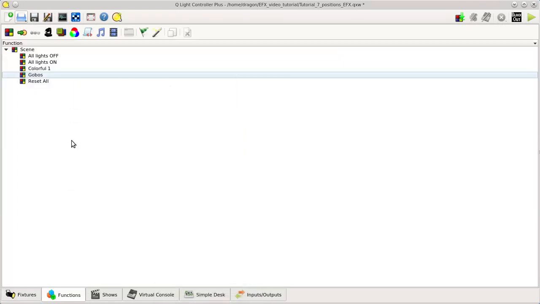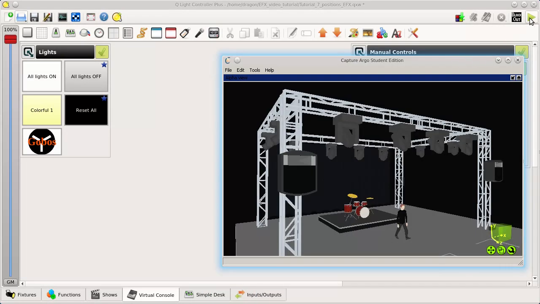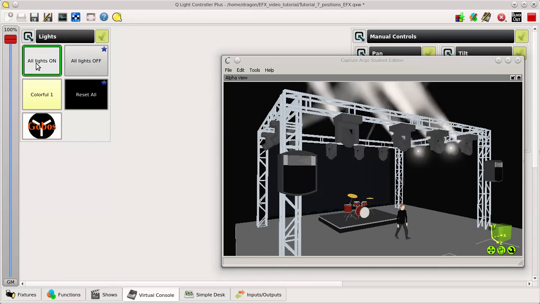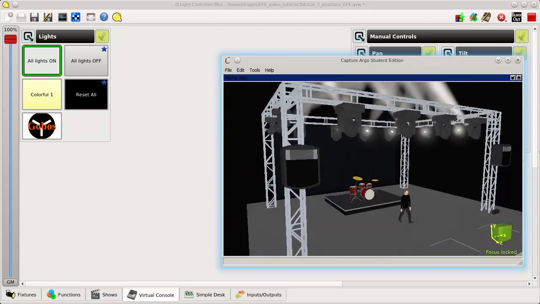To speed up the tutorial, I've already created some basic scenes that will help me to explain how to design position scenes. And I also have some elements in my virtual console. So just to show you how it looks, go to design mode, and if I turn on the lights, I will see the moving heads. They are mounted upside down and they are pointing toward the sky. This is their reset position. As you can see, even on Linux, it's pretty smooth,